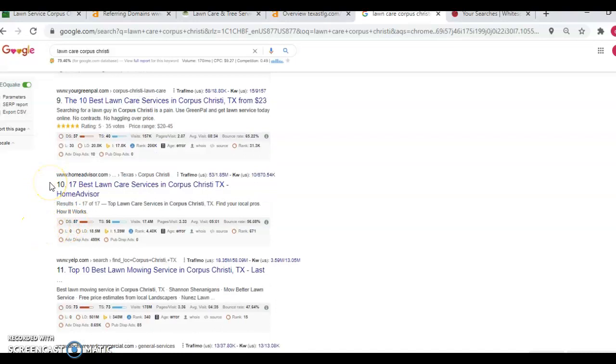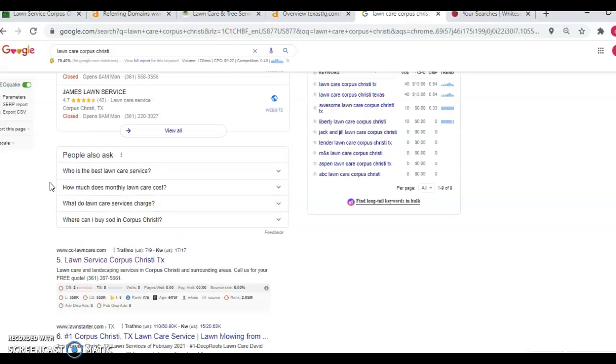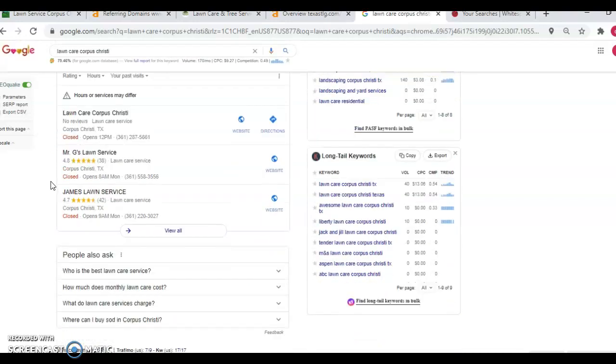Now, to get the maximum traffic and the maximum value from your online presence, you want to be in this top organic listing right here on this front page, and you also want to be in this map pack right here. So if somebody's searching for lawn care in your area, your business will pop up and it'll be the first website or number that they call. Okay, so you can definitely see the value that you're missing out on by not utilizing that